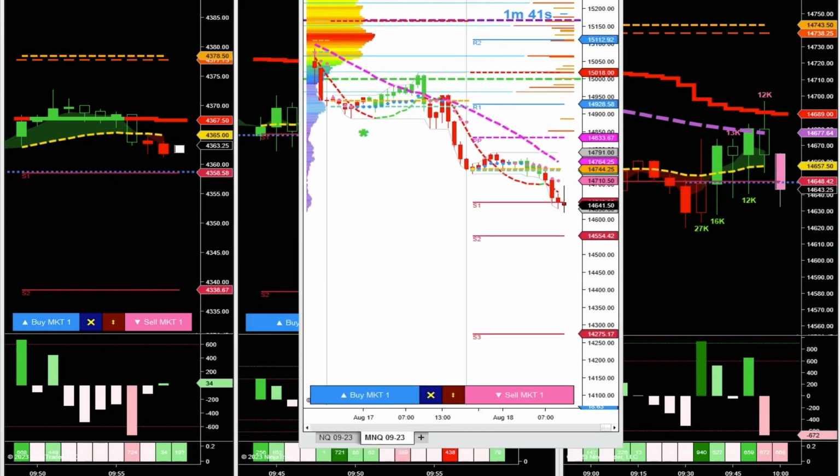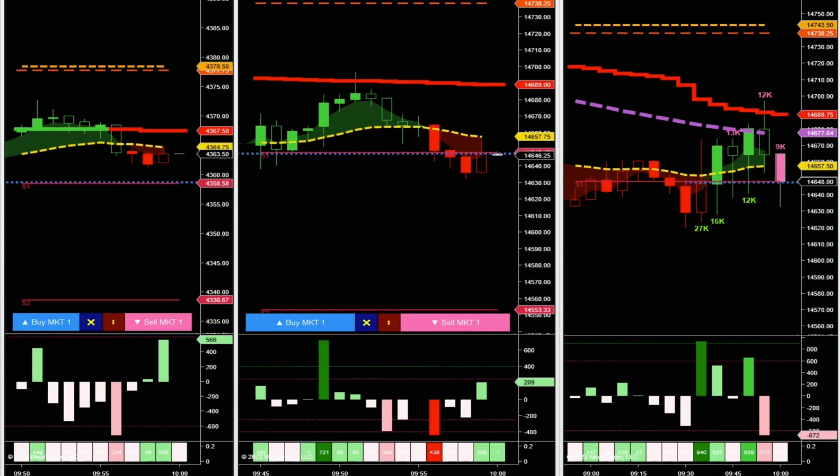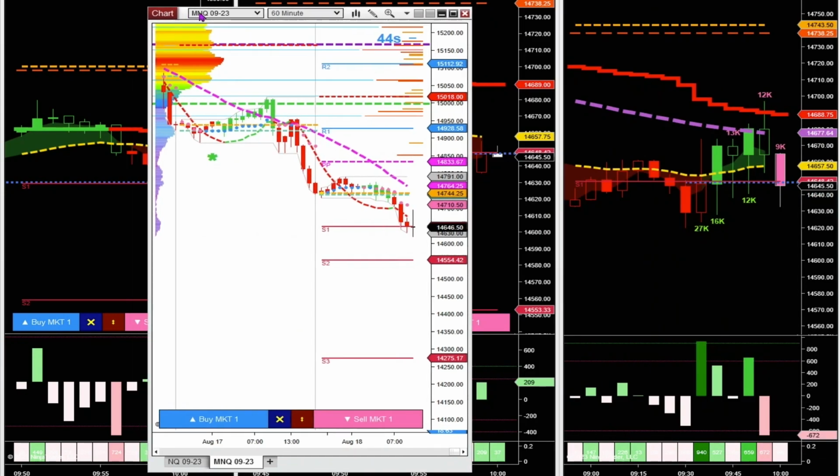Seven different NinZa indicators. Four charts: 60-minute, 5-minute, and two 1-minute charts. All easily able to fit on one screen, thanks to the innovative ordering buttons, freeing up some chart space. And no matter what system I've created in the past, they always involve the core elements of this master system,